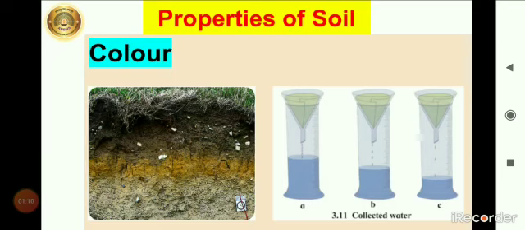The first is color. It is an important property of soil. The soil gets its color as a result of several processes. If you have observed any digging site, you must have seen the change in color from the upper layer to the bottom. The color of soil near the land surface is darker than the color of the lower layers. Soil may be of different colors such as black, red, copper, yellow, grey, etc. The layers of soil you can observe here in the picture.